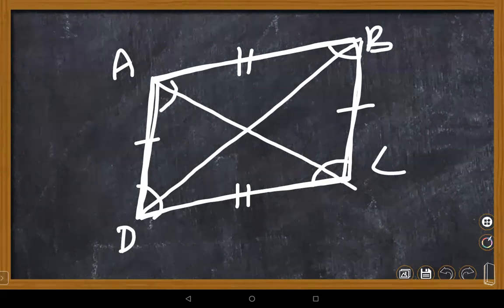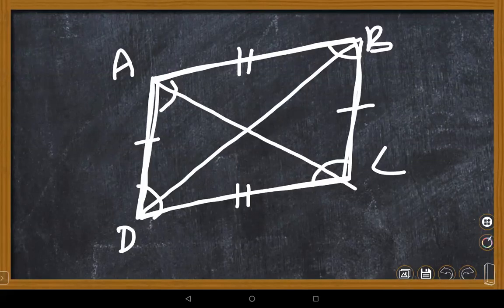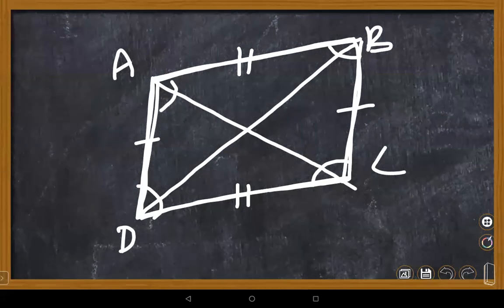Not only this, what do you know about the diagonals? They bisect each other at 90 degrees, ma'am. Very good. I want the point, children. What do you know about your diagonals? Ma'am, diagonals in a parallelogram connect opposite sides. Very good. The opposite angles of a parallelogram are also equal, children.